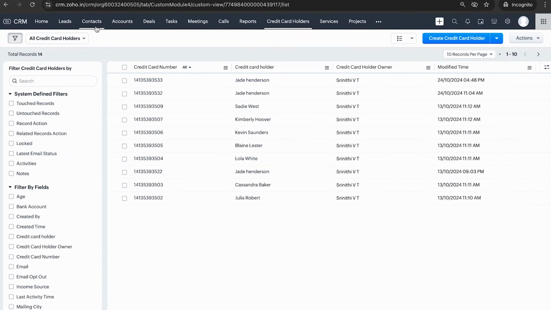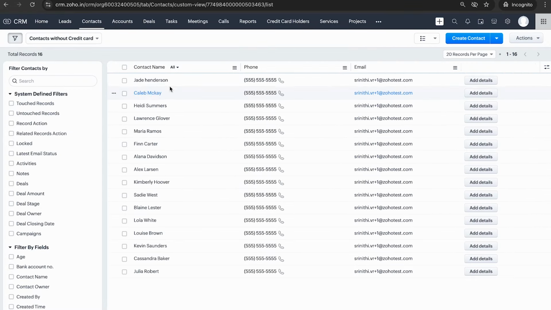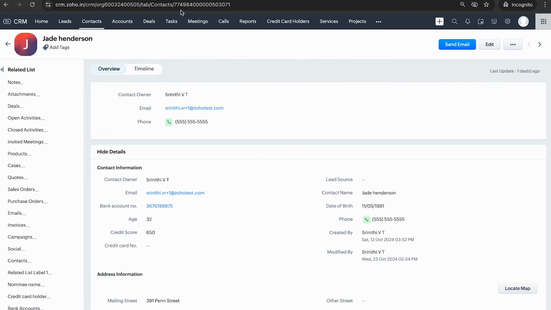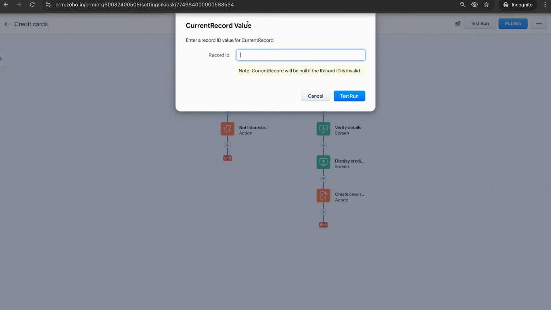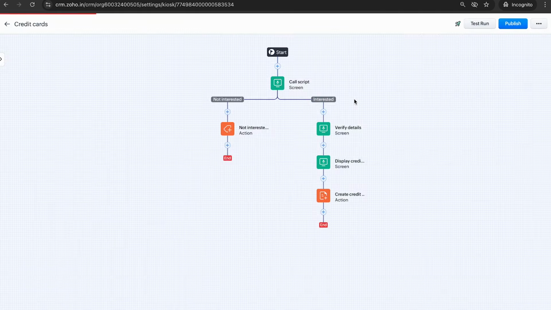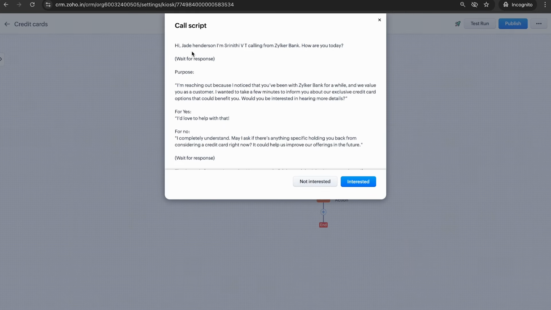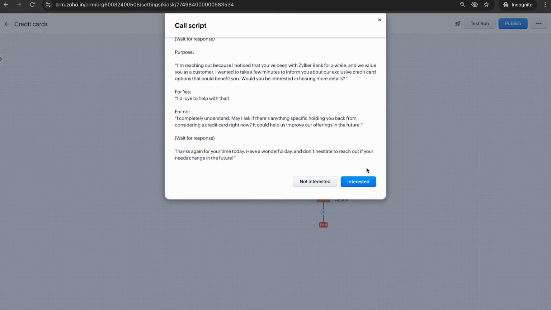Going to copy the record ID of a particular contact. Going to paste it. First, as you can see here, the name of the contact is displayed here, and also the name of the user is displayed. Now let's click on not interested,